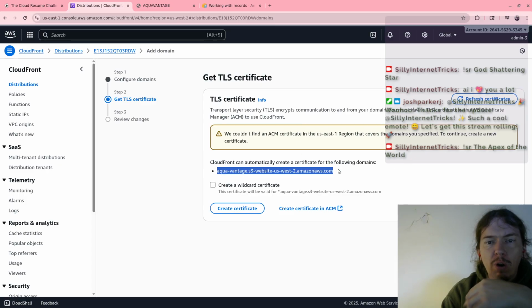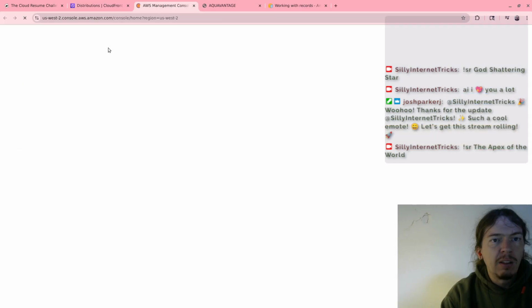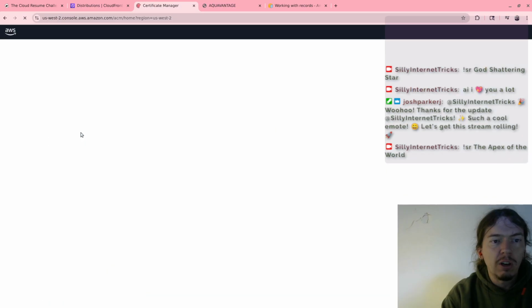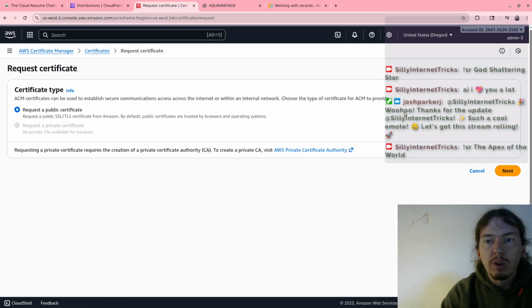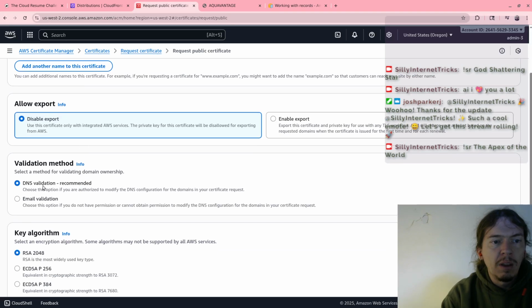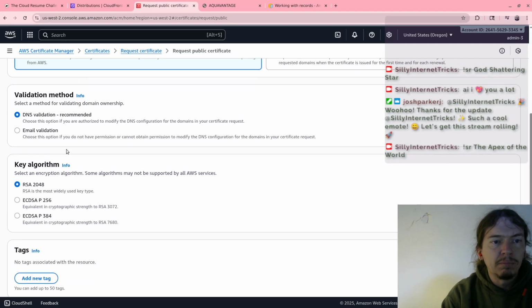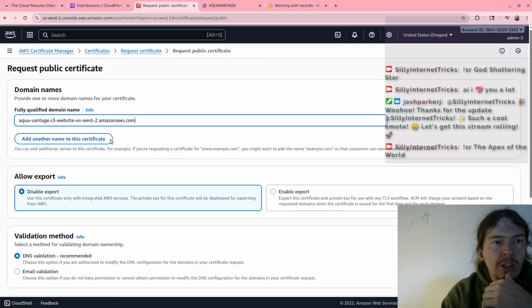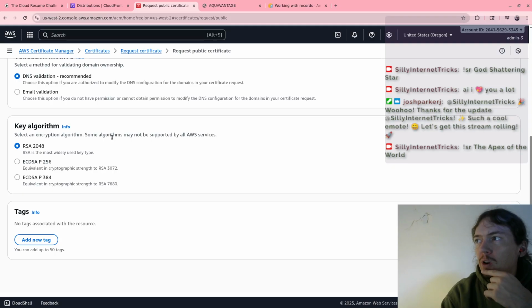Okay, so we'll go ahead and create the certificate now. And we'll see if this is right. Certificate Manager will request. We'll say it's like this. If you are authorized to modify the DNS configuration, I actually don't know how that's going to work, but I'll try that way first.